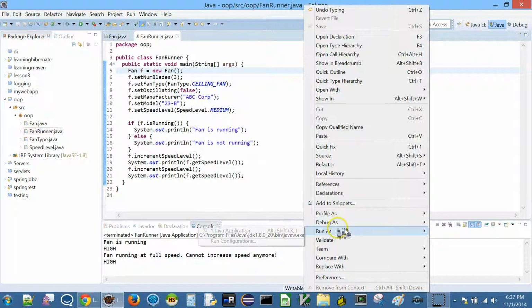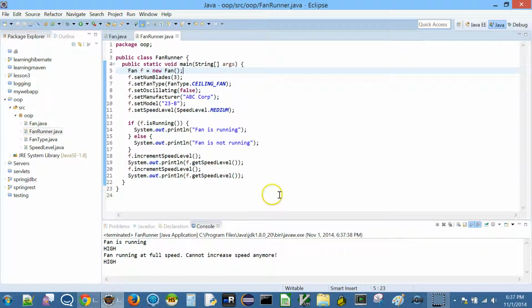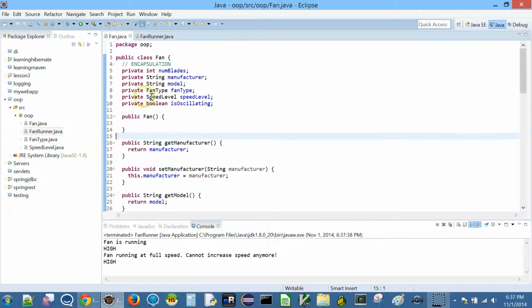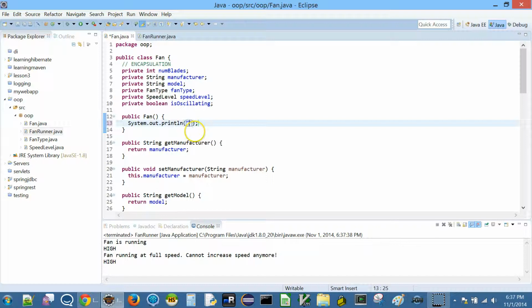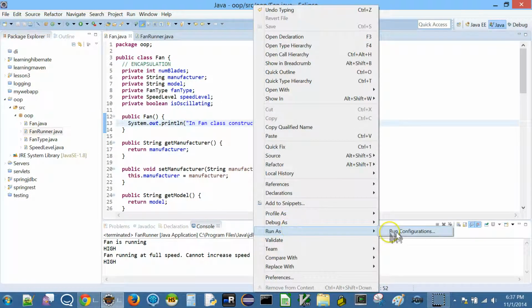Okay, now, right, so same thing. This may look like magic to you, so let me just print something here. Sys out, I'm going to say "in fan class constructor." Okay, so let's see if this is getting printed.